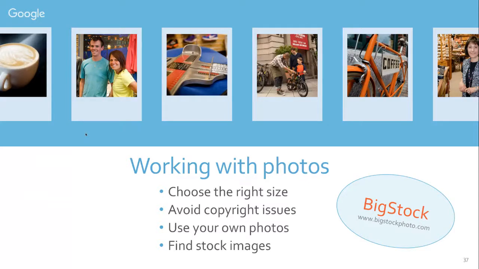PhotoPin. PhotoPin includes Creative Commons licensed imagery that you can search for by either nonprofit or for-profit. And as long as you attribute the image source, you can use those images free of charge. It's at photopin.com. It tells you how to do it. It's super easy. Go ahead and give it a shot.